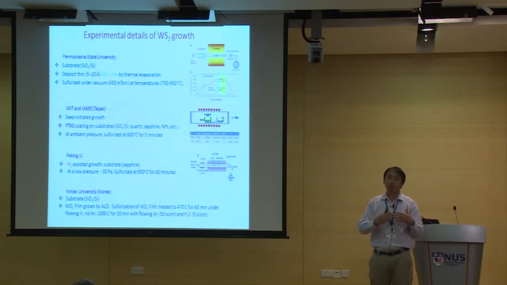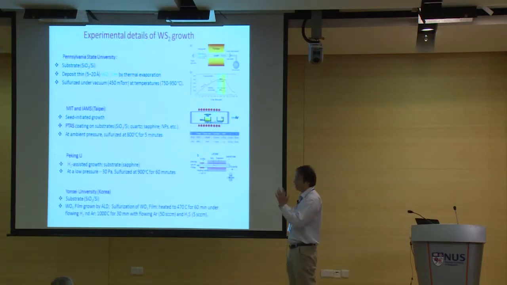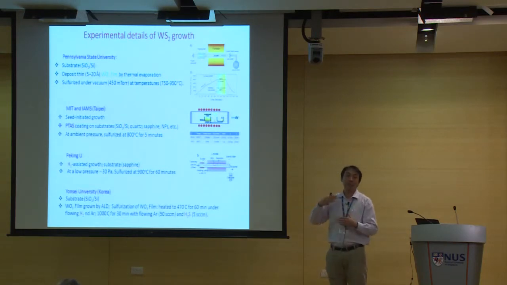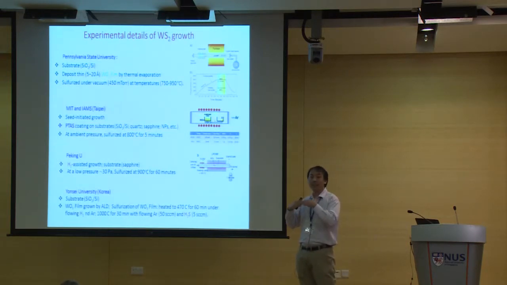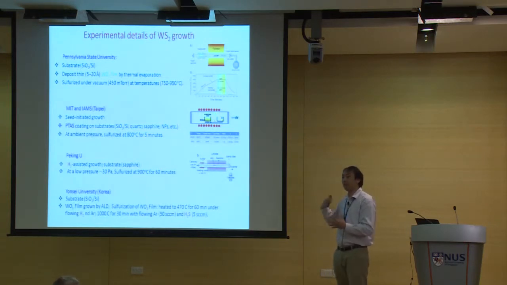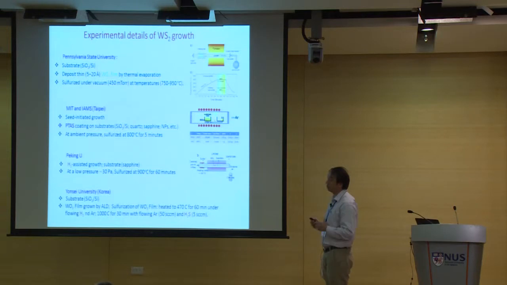Others use tungsten WO3 powder. And others use a tungsten oxide film. They either use ALD or sputtering to coat a tungsten oxide thin film first. Then they vaporize the sulfur source to sulfurize the tungsten oxide, and eventually you have the monolayer of